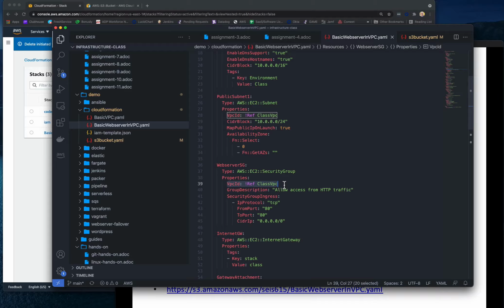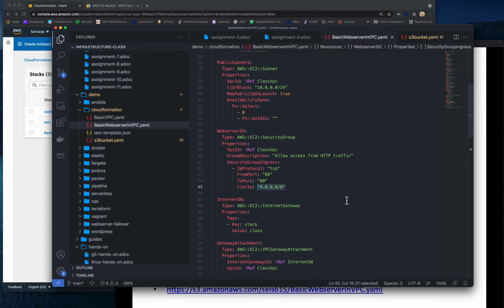It's how we wire together resources in a CloudFormation template. And this security group has a security group ingress rule defined, which is allowing incoming TCP access on port 80 from anywhere on the internet, which is that 0.0.0.0/0